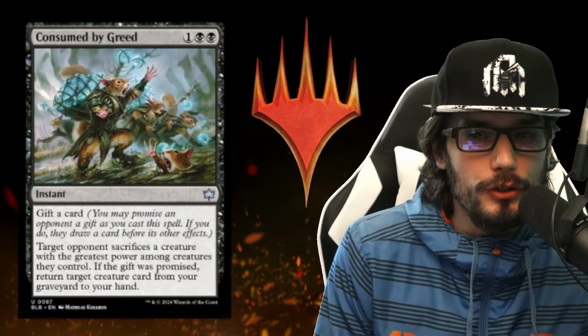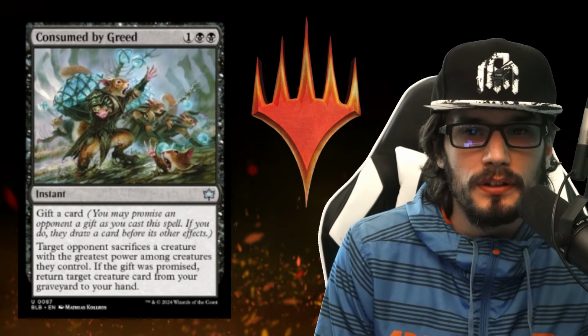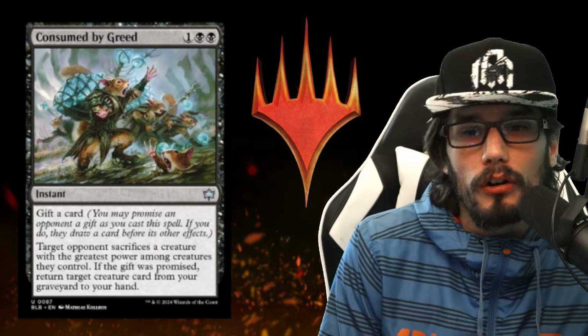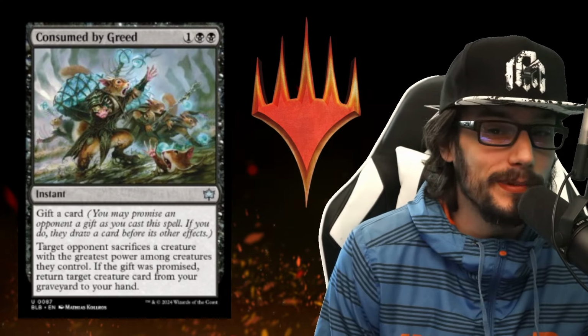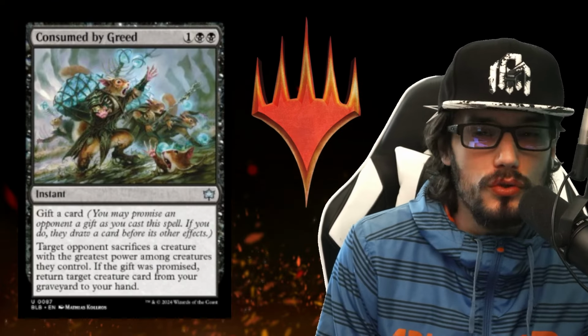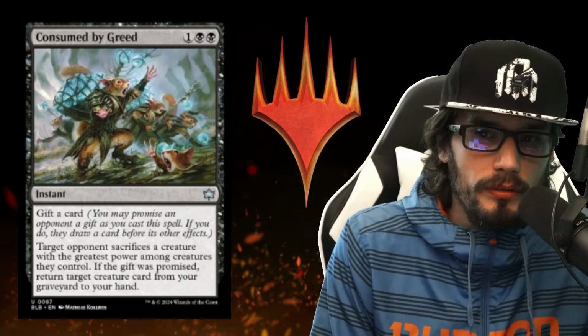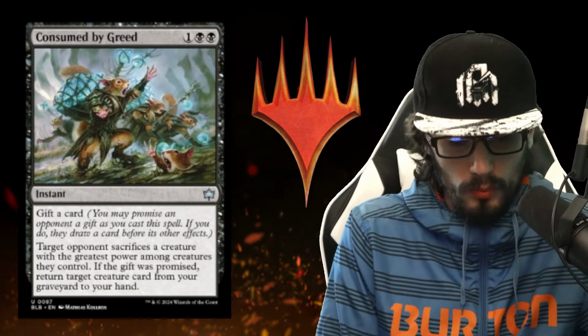It will have to be a creature, of course, but the fact of the matter is you can control what you're getting, and theirs is RNG based, and it could be a land, right? Could be a land. And of course, you can choose not to gift as well. So probably not great, 3 mana, but in limited, removal is